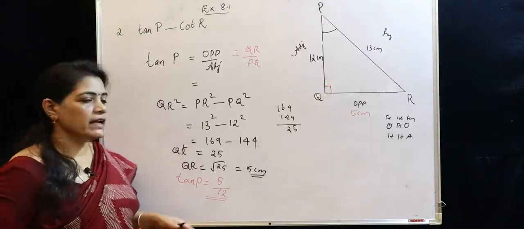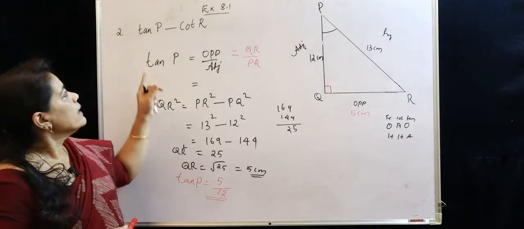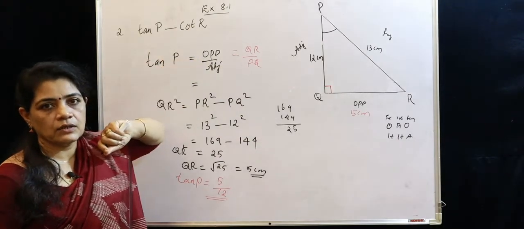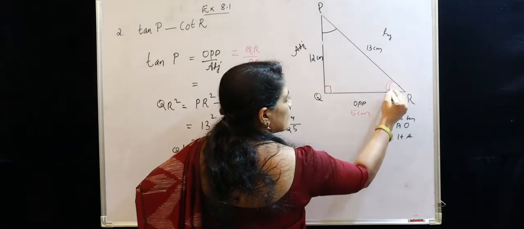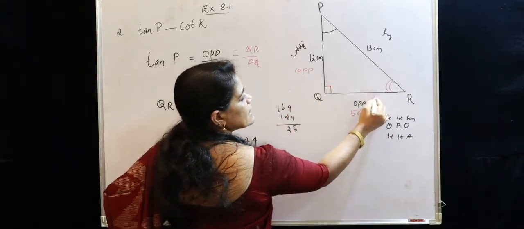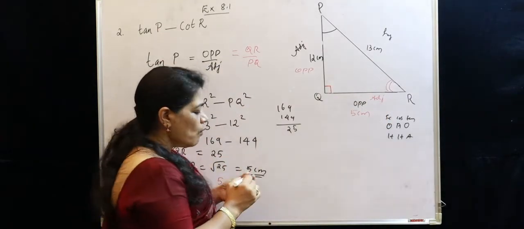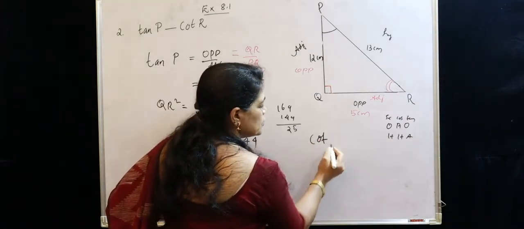So 5 divided by 12. Is it clear, children? Okay, and here we have to find out cot R, then only we can subtract. So with respect to angle R, this is the opposite side and this is the adjacent side. By definition, what is cot? Cot R is equal to